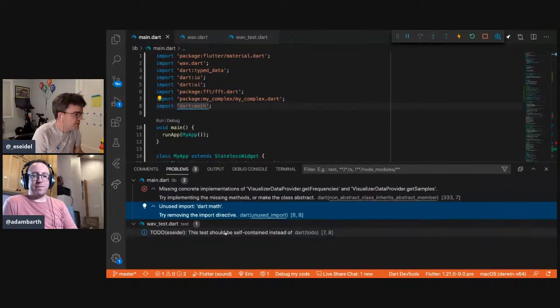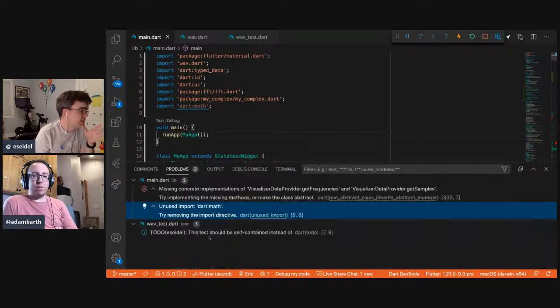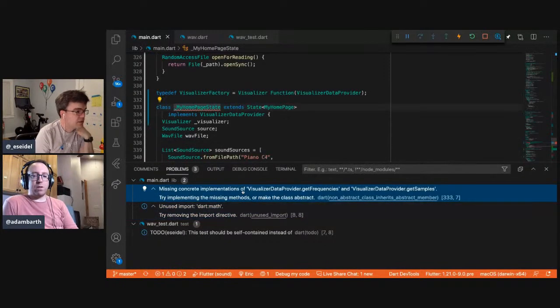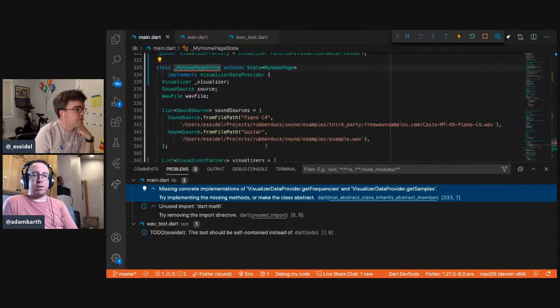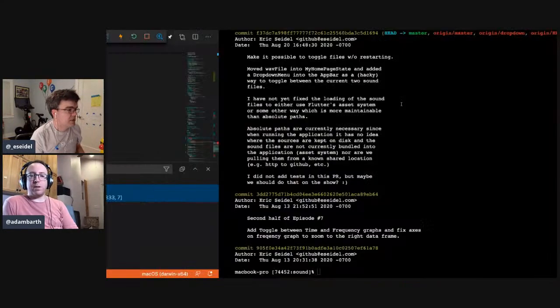Yeah, that's fine. It can be unused. Okay. So I think the next thing we have to do is implement those functions. Well, let's see. Oh, for it to compile. I was going to see if we could run it. I don't think we called them yet. So we could just put in stubs to make the analyzer happy, or maybe it'll just run even with the analyzer being unhappy. I think it might just run.